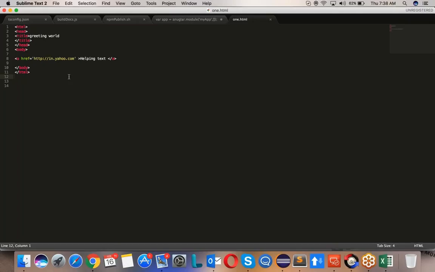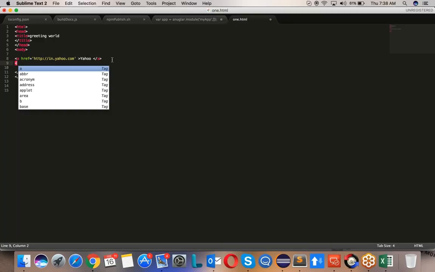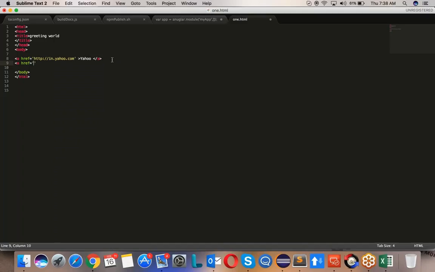So what is the syntax? A stands for anchor tag. Href is nothing but reference. What is a reference? Please go to yahoo.com. This is a reference. Always your helping text should be the same as what you are trying to give. So here we are giving Yahoo, so I'm writing the helping text as Yahoo. In the same way, if you want to give msn.com,